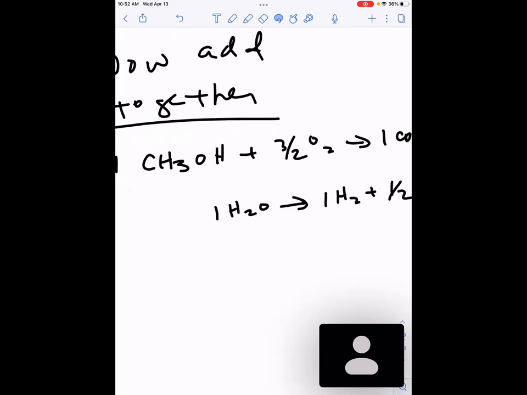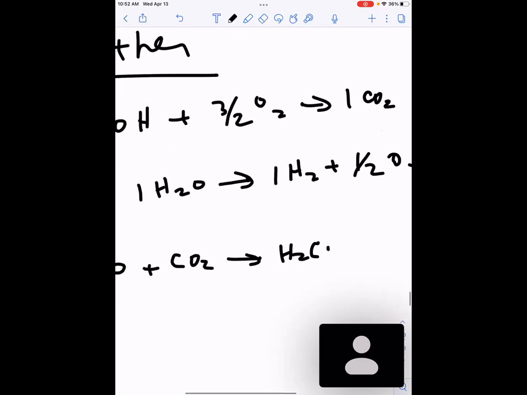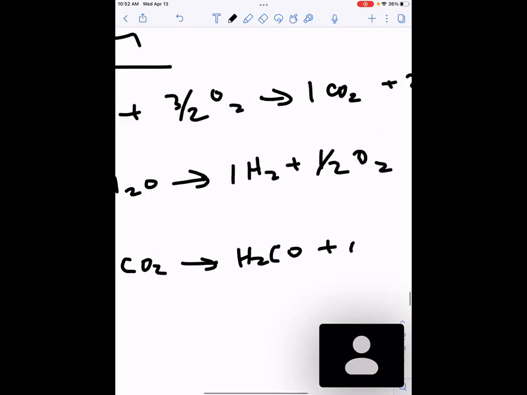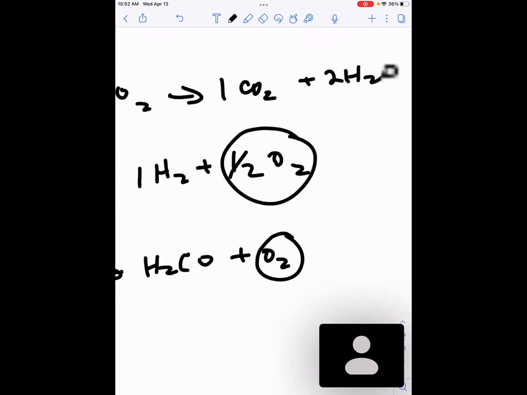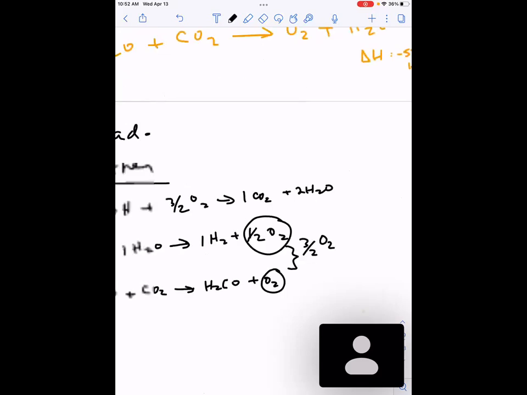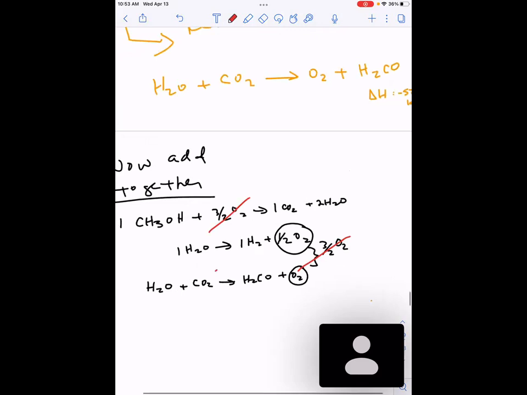And then the third equation was H2O plus CO2 going to H2CO, which is the product that we're looking for, plus O2. When you add those two together on the right side, that's 3/2, so we can cancel out the oxygens because that's 3/2 and that's 3/2. We can also cancel out the CO2s